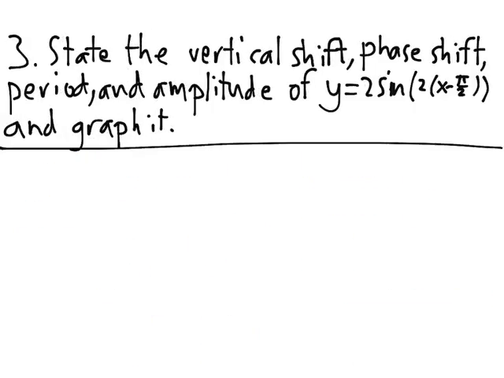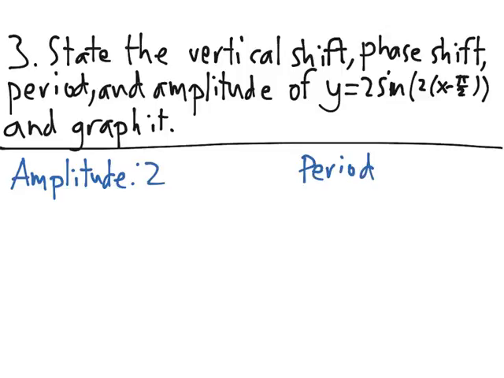Problem 3. State the vertical shift, phase shift, period, and amplitude of y equals 2 sine of 2 times x minus pi over 2, and graph it. We know that the amplitude of sine by itself is just 1, which means that multiplying the sine function by 2 will give us an amplitude of 2. For the period, we see that inside of the sine, x has a factor of 2 multiplied to it. This means we take the original period of sine, 2 pi, and divide it by absolute value of 2, and